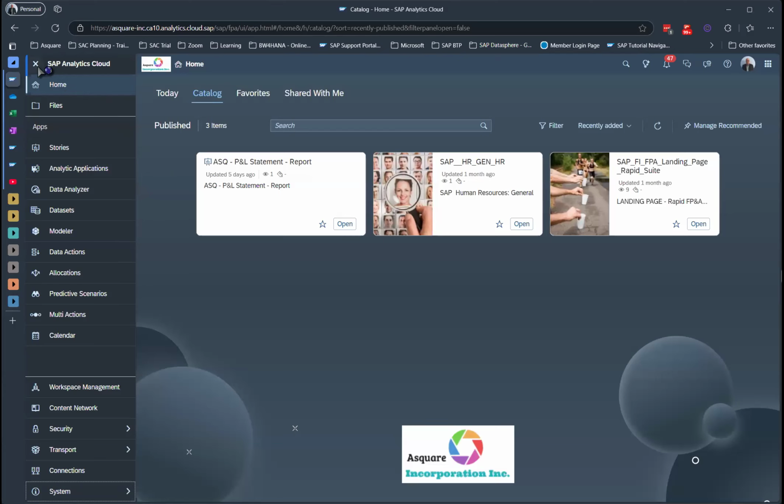The technical word is tenant. Tenant means a cloud system for one server. So if you have multiple tenants, that means you have multiple cloud servers, like one for development, one for quality, one for production, and so on. So these will be three tenants. So that's the terminology used.